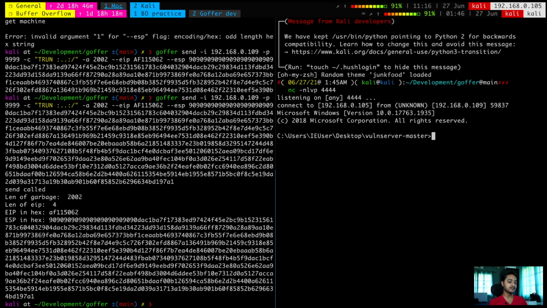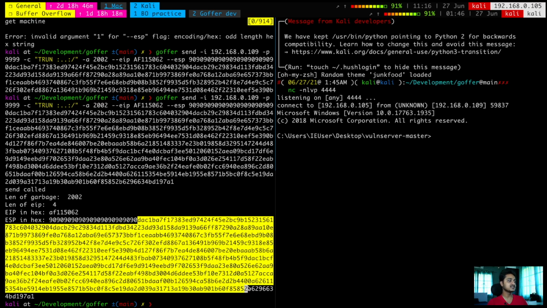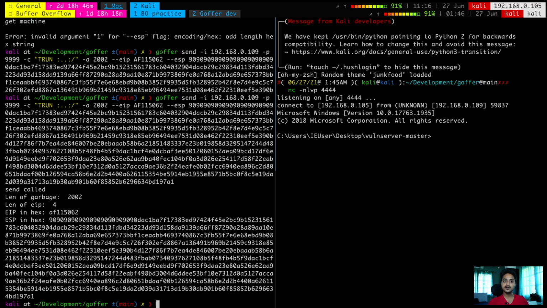Okay, so one thing, let me show you. Since I have already copy pasted this ESP value, you'll see that this value doesn't have the 9090 prepended to the shellcode. I have prepended this 909090 multiple times. This is called NOP-SLED, which basically means that if you are not able to reach the exact point in the stack where your shellcode begins, there are some values whose work is just to pass the instruction to the next address.